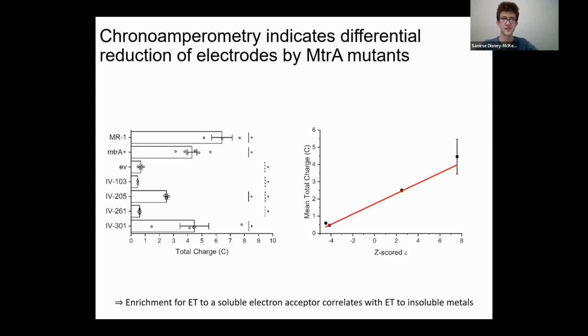There's still some debate on this in the literature, but there is some evidence that MtrA can actually reduce citrate and, to a lesser extent, electrodes in the absence of MtrC. So this might reflect that and could also potentially be related to why the MtrC interface is so robust to peptide insertion. So after doing these biochemical studies, we decided to take a step back and look at enrichment